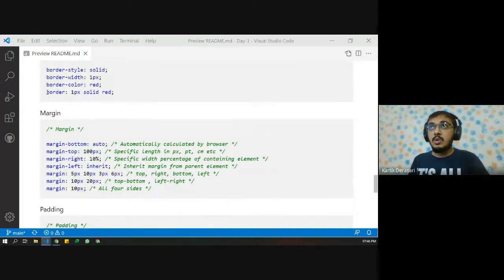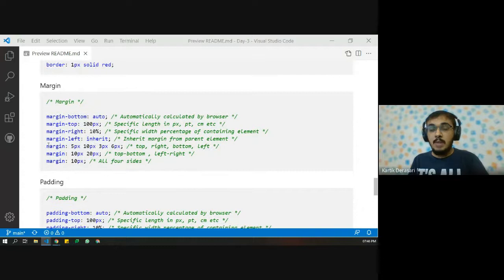And as we saw the shorthand property, we can write the CSS in just one line. We also have that for margin and padding. For margin, the format is top, right, bottom, and left. So that is how we can directly write four values, and we do not have to write 4 lines of code. Here 4 lines of code are optimized into just one line.